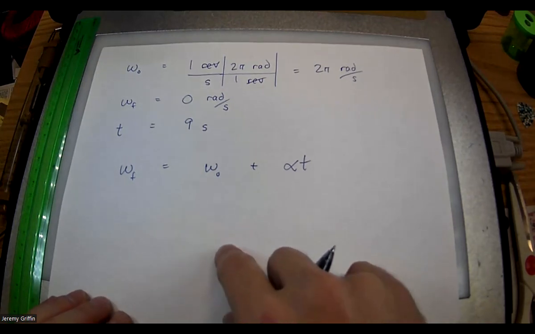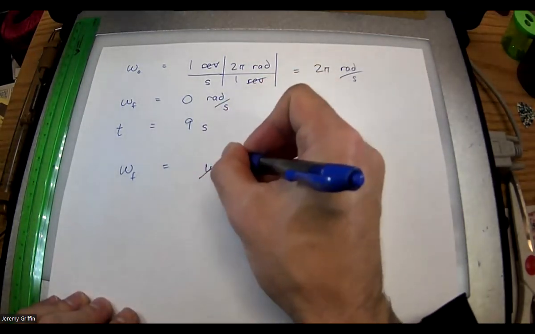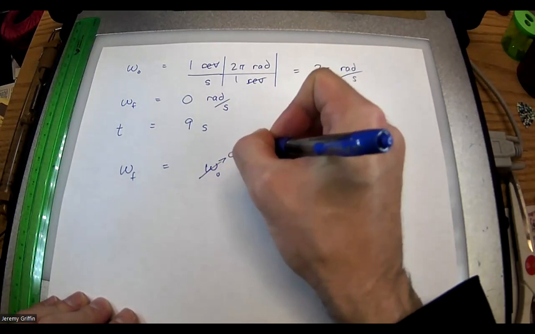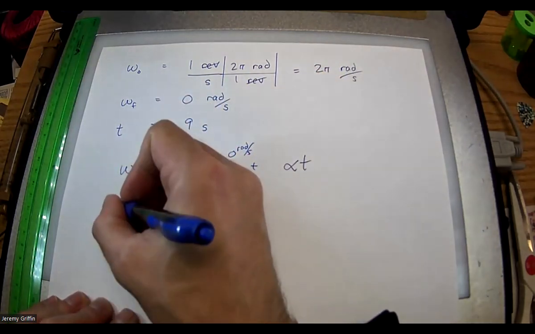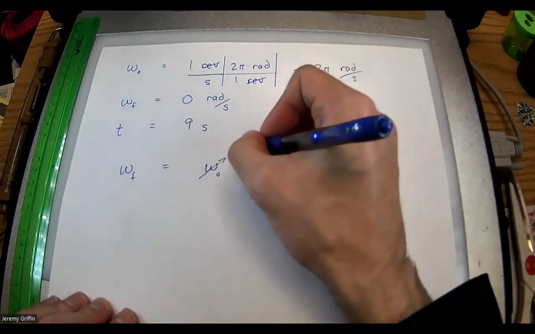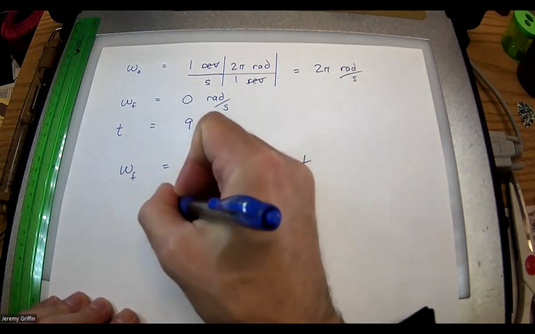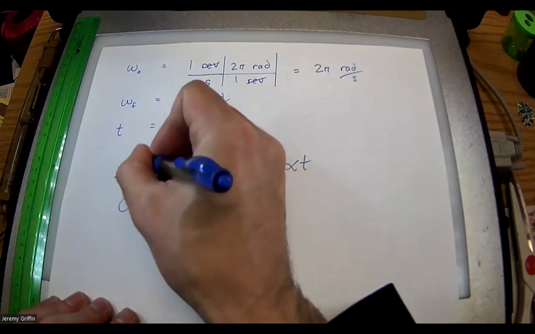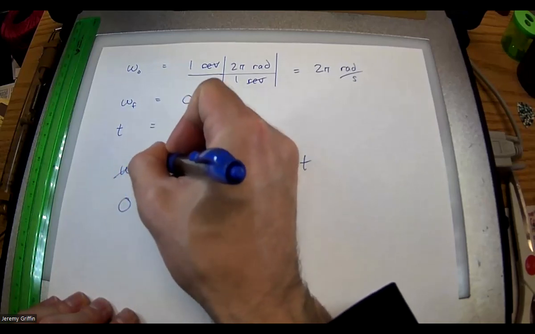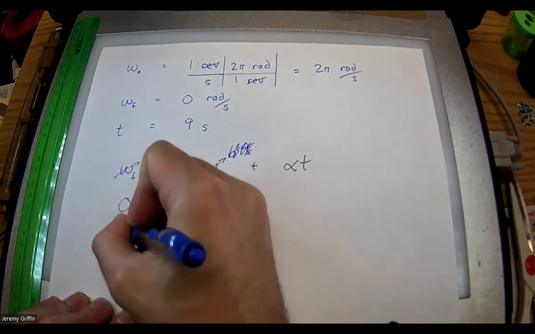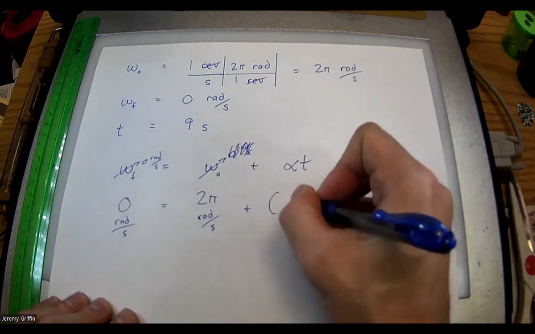So we're doing rotational kinematic motion. This one is 0. This one is, whoops, sorry, wrong way. This one's 2 pi radians per second. Oops, this one's 0 rad per second. Plus